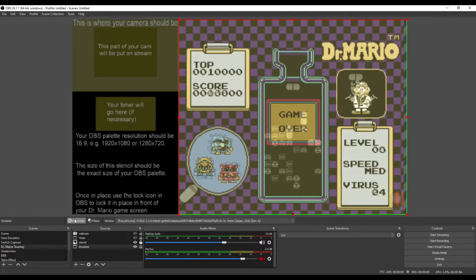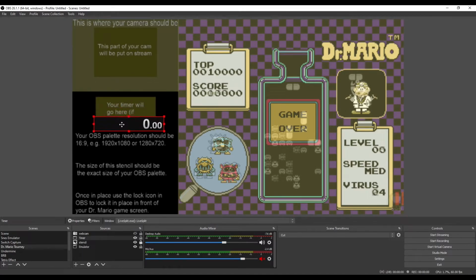The next thing I want to talk about is the camera section and the timer section. This stencil was made before I started streaming, so I hope in the future to change this part a little bit so it's a little easier to line up across all the players. But let's talk the timer first. The easiest way to line this up, I believe, if you bring your timer in,